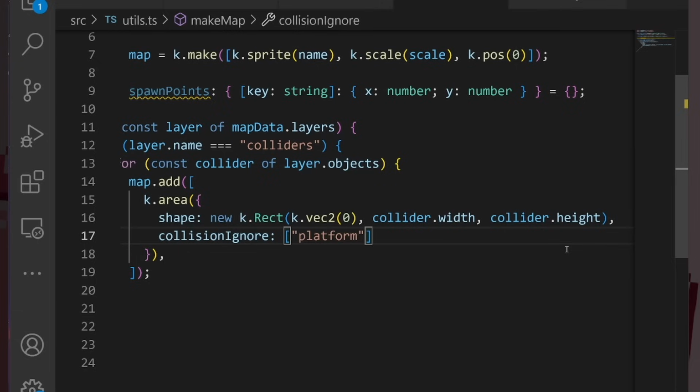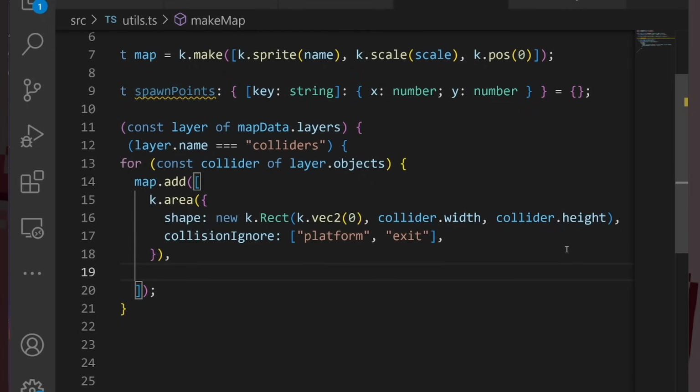Those are arbitrary names that I have defined: there's this platform tag and the exit tag, which is for the exit door. For now, it's not created anywhere, but it's going to allow us to differentiate our behavior. So just to explain, here we're going to have a ternary statement, which is basically a condensed if statement. If the collider name